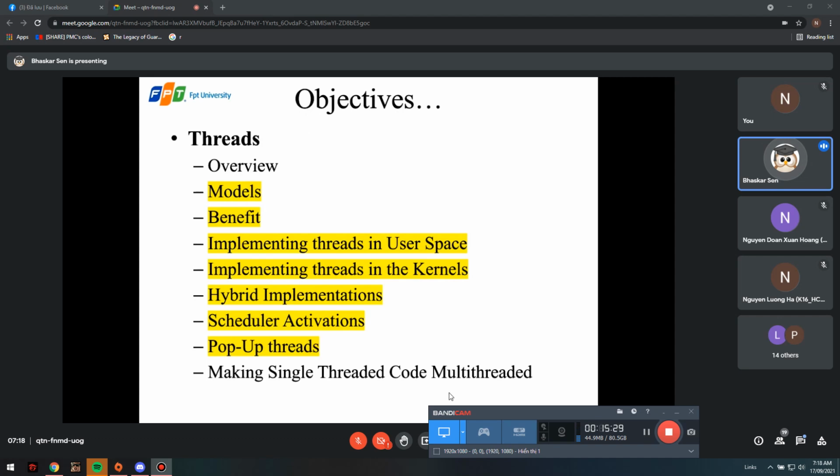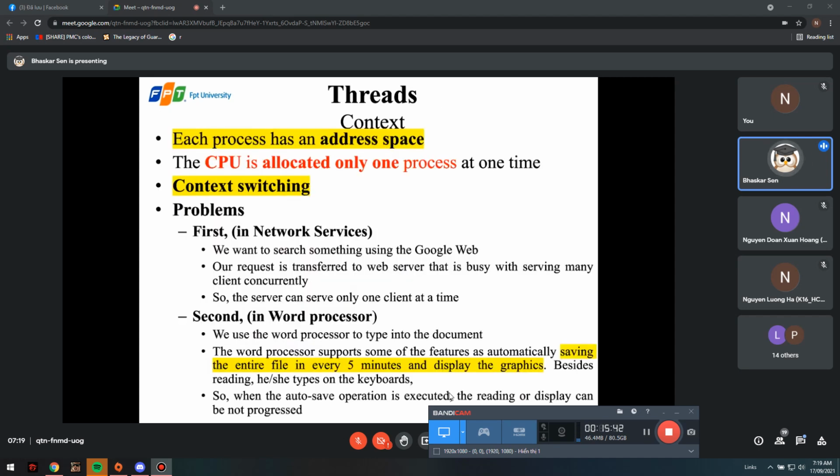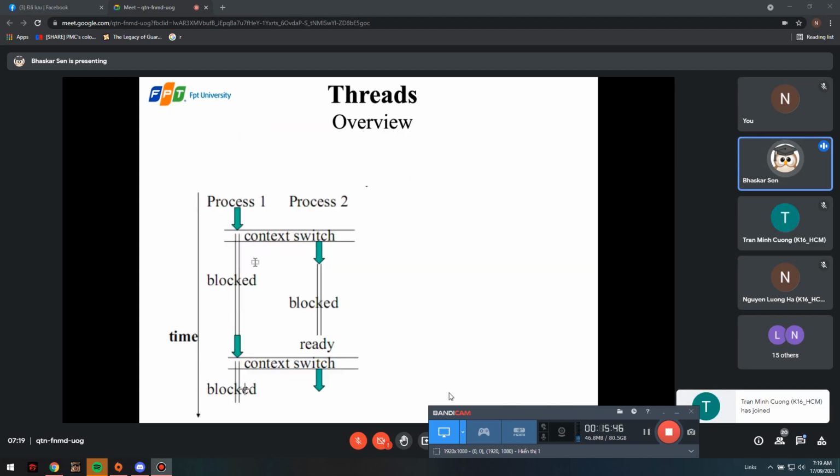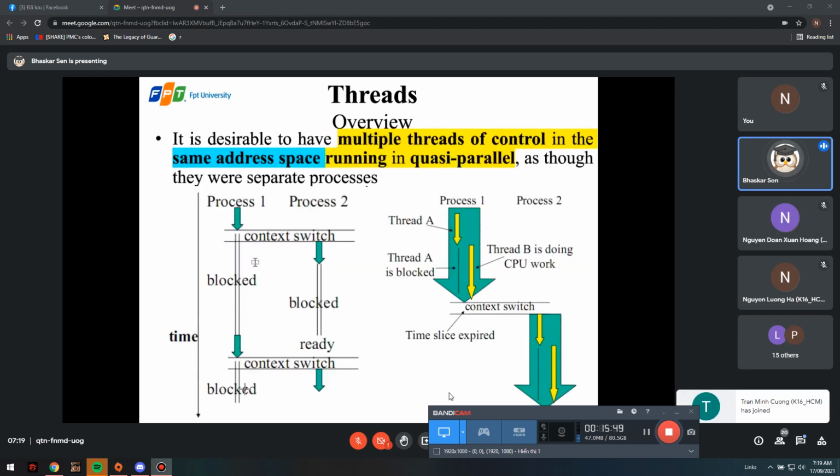So now at last we are looking at these other things, and as you can see, we talked about the models basically, and we also talked about the benefits. Let's go down. And we talked about the context, why we need it. This is the overview, the quasi-parallel execution. And as I said, I like to use the word the different separate channels of sequential execution of code within